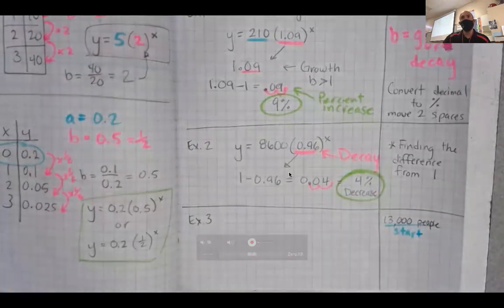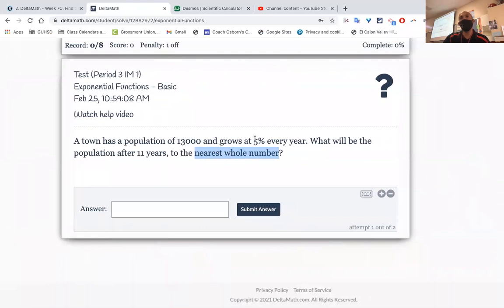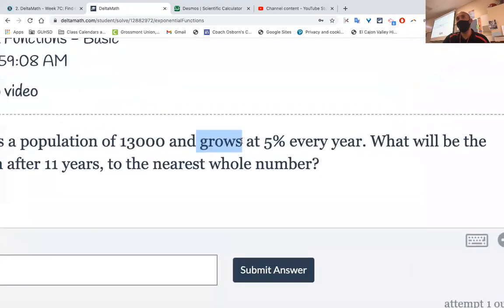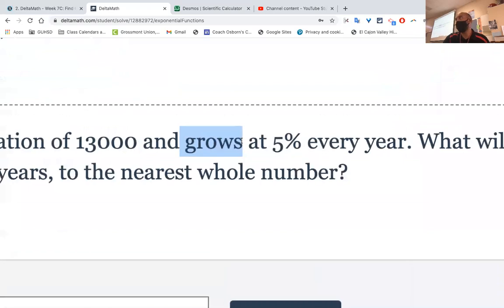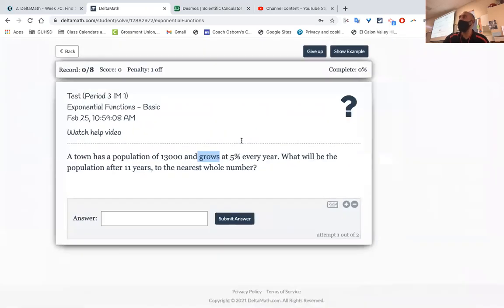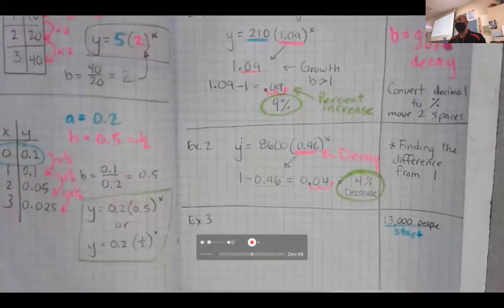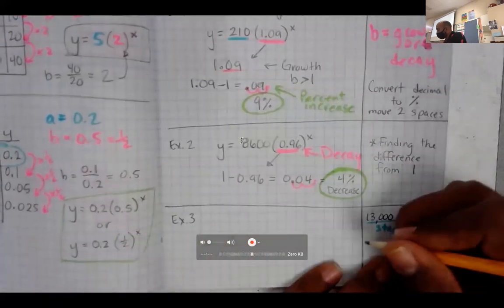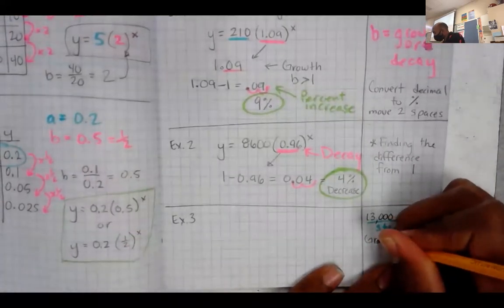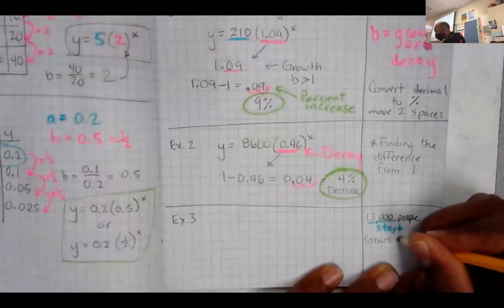Then it says that every year they're growing at a rate of 5%. And look at the key word there, grows. We're growing. Okay, so growing, that's important. You need to know whether it's growing or is it going down. So it grows 5%